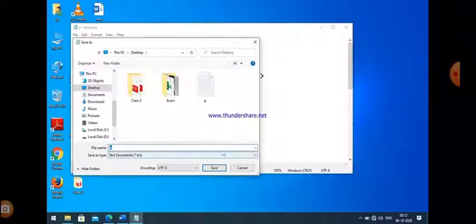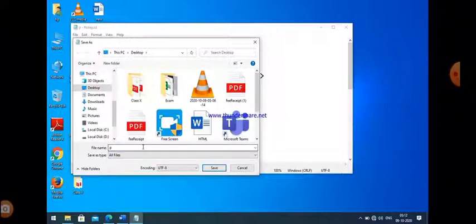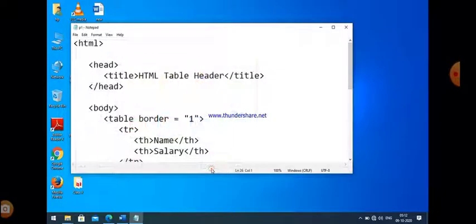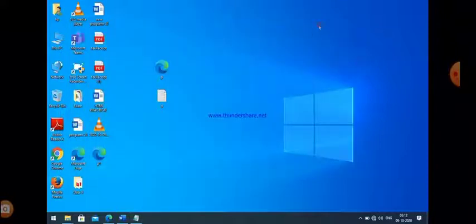So I just perform a save as operation here. Select all files, p.html. The name of the file is the same as that of the text file, with only the difference in the extension. Okay, I just create a new file because p.html is already there. So p1.html. Now this is our second file.